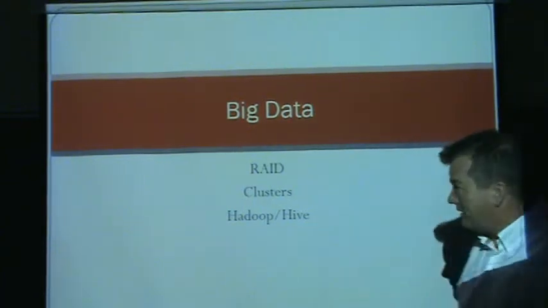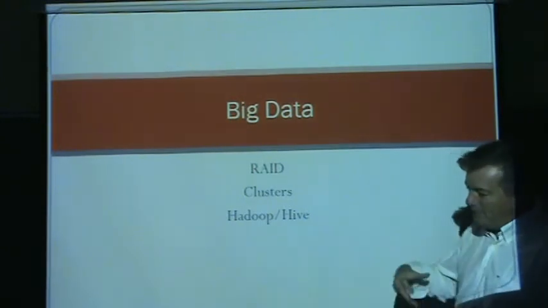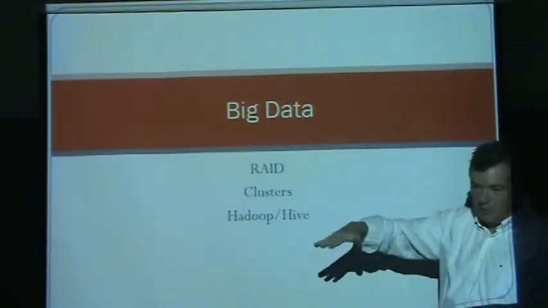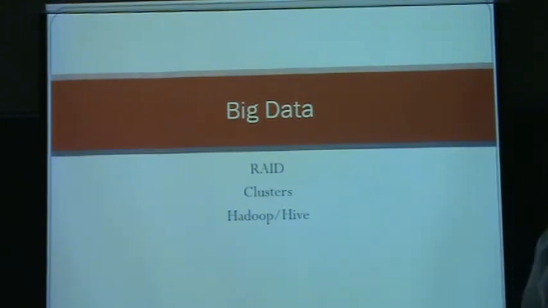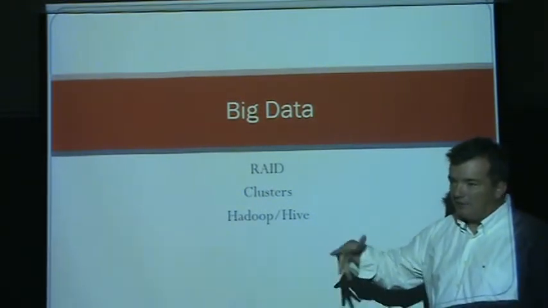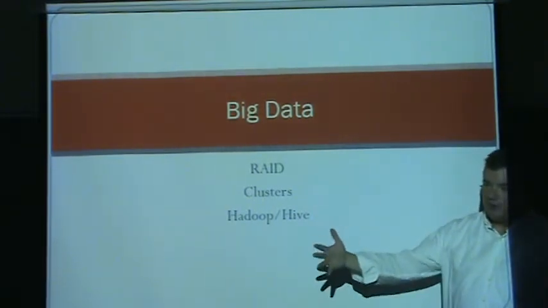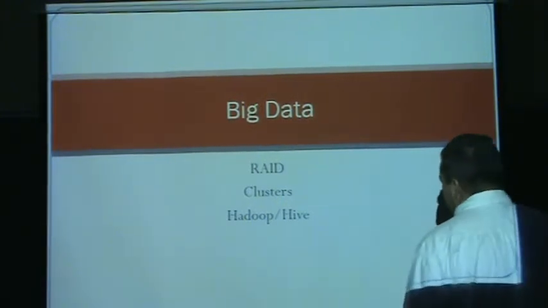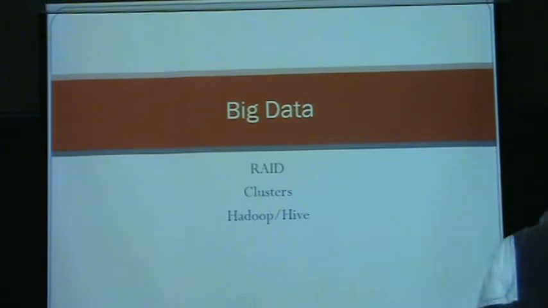All right, so the topic of big data is a topic where we have a lot of information, a lot of data, mostly written out in files on a system, usually organized in a database, but not necessarily. It could be videos, pictures, and the pictures could have names on them. And we need to search the data very quickly to get the results we want from our databases. So a traditional database won't return the information quick enough because there's too much data in it. So if we scatter it and use techniques, we'll talk about RAID systems, clusters, and then Hadoop and Hive.